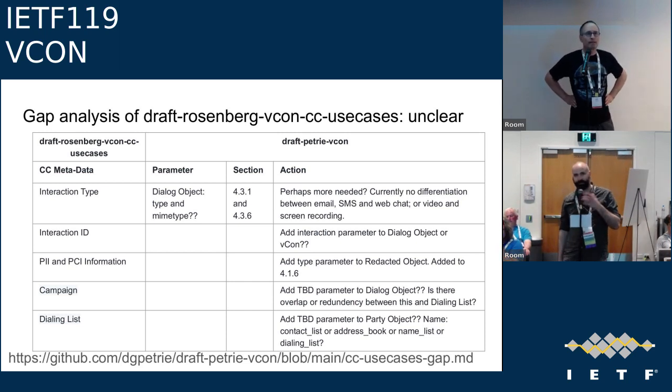Ori Steele, just picking a bit at the address book point on the dialing list. Is there any additional context that could be shared about that point? Because I do think one of the interesting things about VCONs is how they are spawned and to what sort of other systems they are connected. So with an address book or a contact list pointer here, I'd really like to understand why address book is listed there, if there are any additional details.